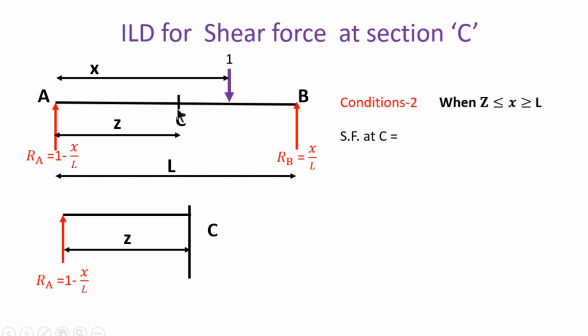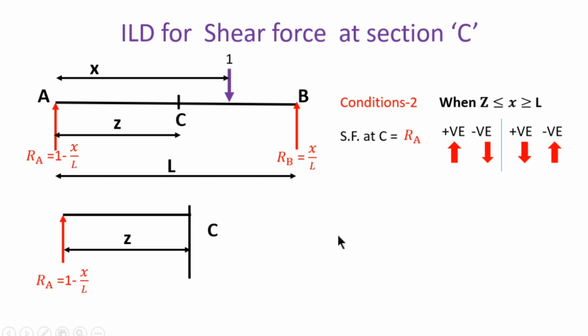So shear force at C when the load is between C to B, or limit is Z to L. We are taking the shear force from the left side. We know from the left side, upward force is positive and downward force is negative. So at section C, on the left side there is only one vertical force, and that is RA, and that is upward, that is why it's a plus. So here the shear force at C is equal to RA,